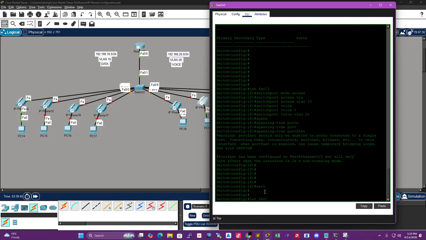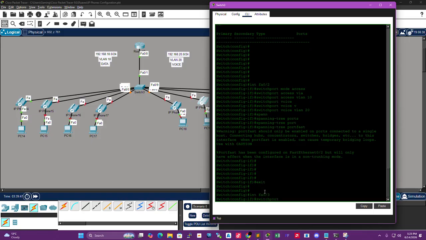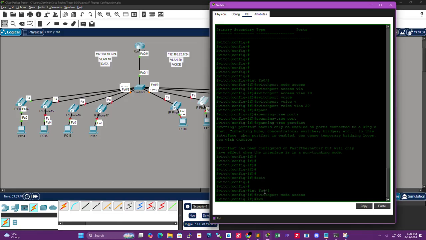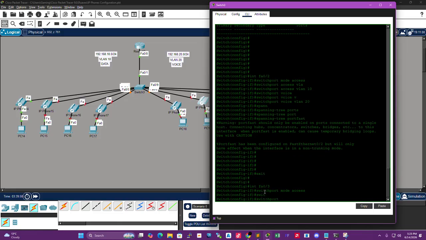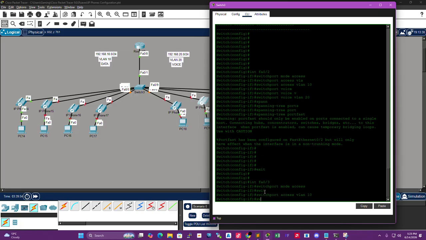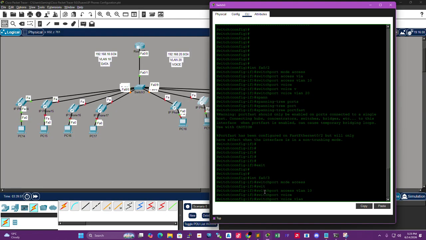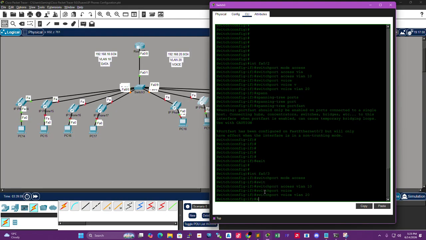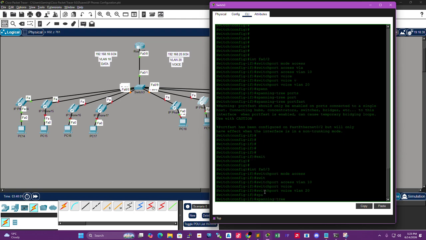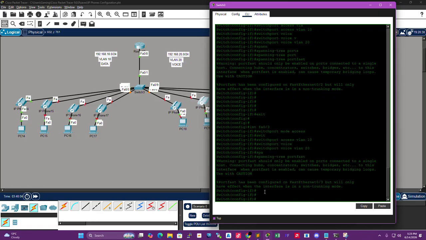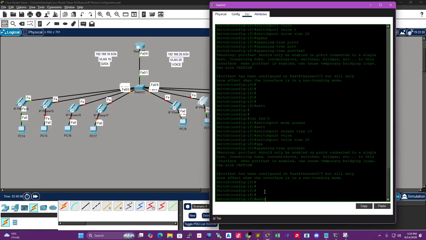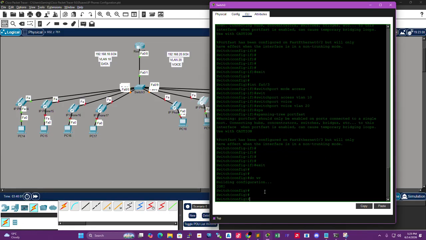Interface FA 0/3, switchport mode access, switchport access VLAN 10, and then switchport voice VLAN 20, and then spanning-tree portfast edge, but let me just type this one, and then let's say do write. Now let's do the same thing with other